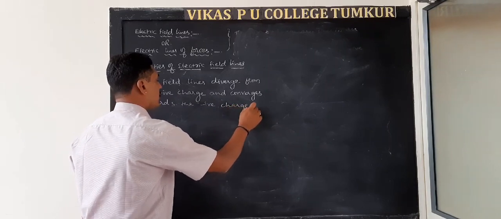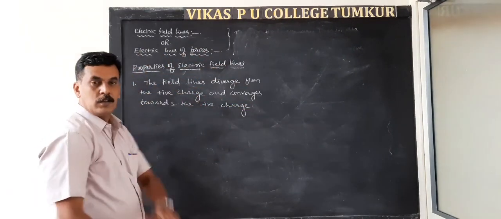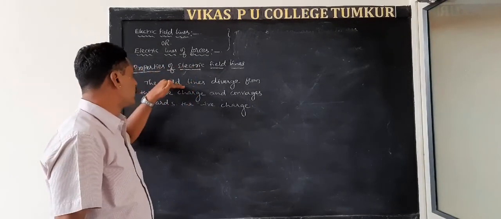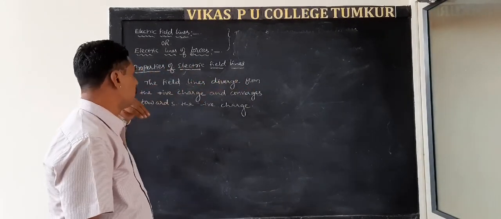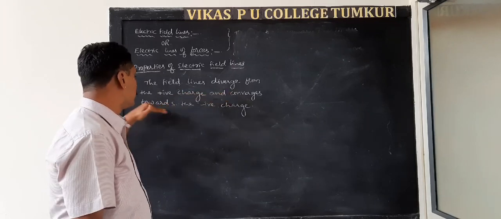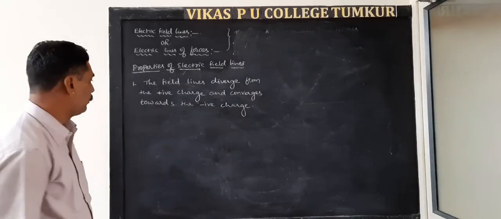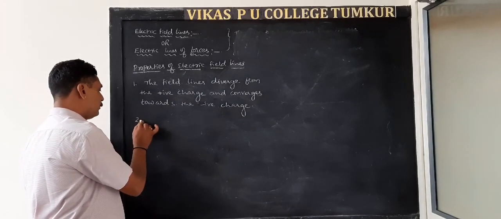So this is very simple. The field lines diverge from positive charge and converge towards the negative charge. Very simple. Second,